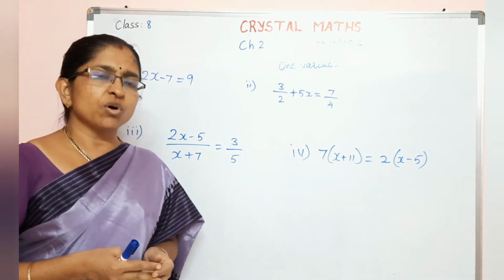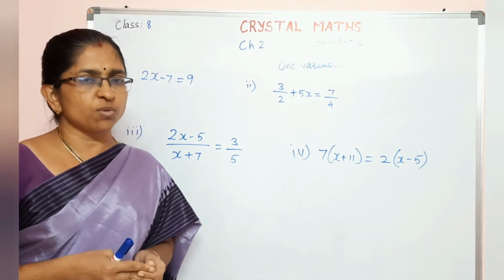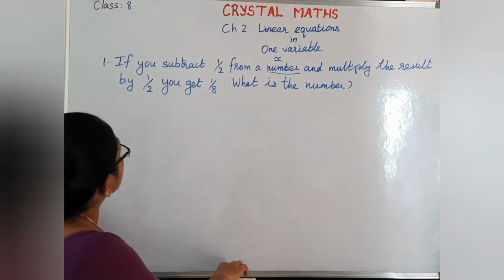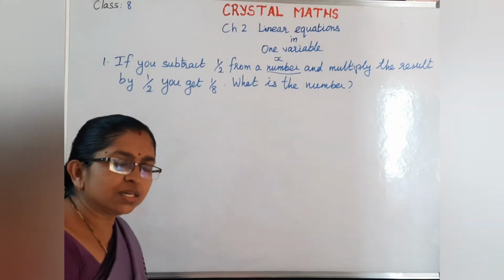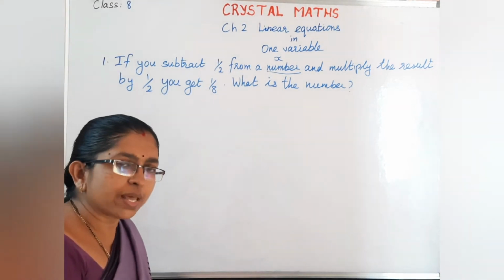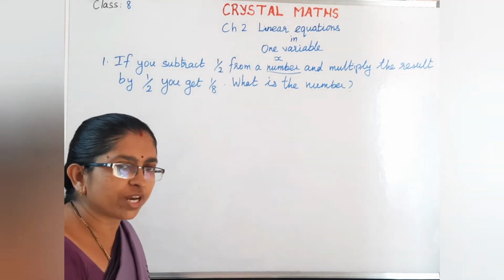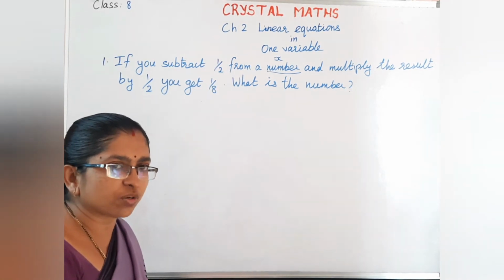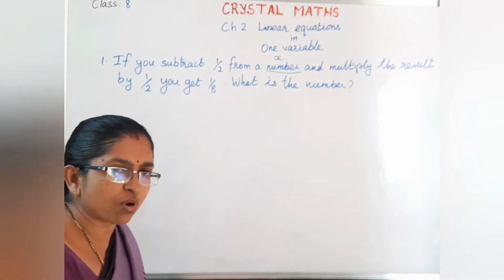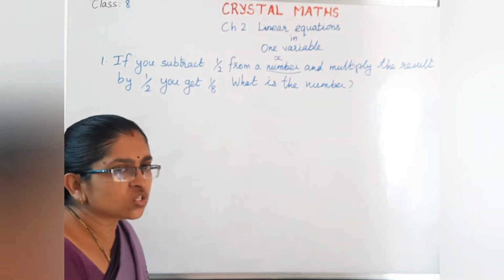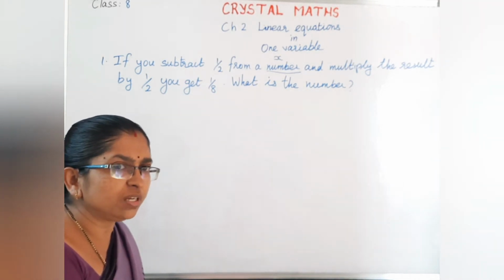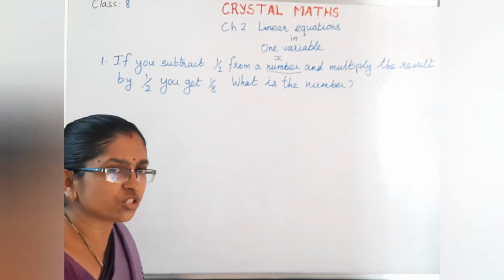Come, let us see the problems which have situations. Let us see this problem, how to solve it. When we are dealing with word problems in algebra, three things we should remember. Number one, we have to read the question in a proper way. Analyze the problem. Try to convert the given situation into algebraic form. Then you can solve easily. Let us see how to frame an algebraic expression or equation from the given situation.